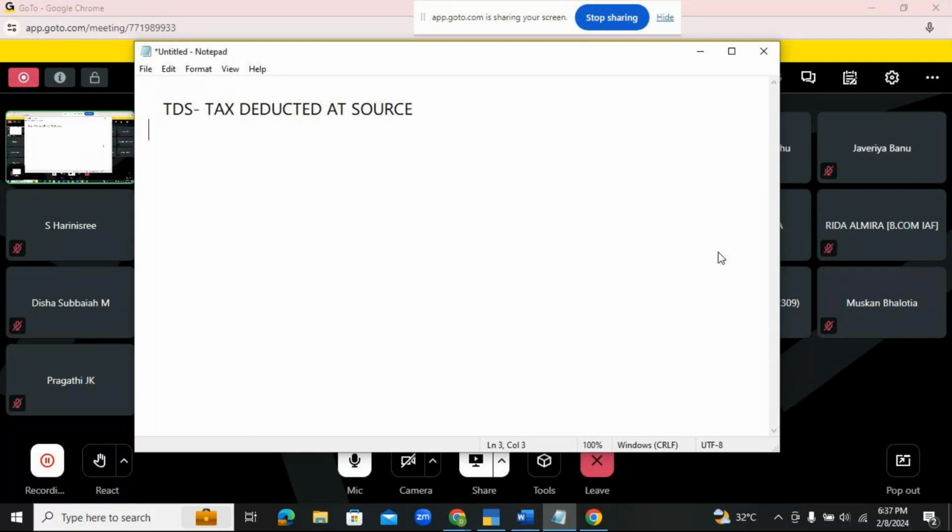TDS is what kind of a tax? It is a direct tax. Indirect tax is your GST. It is a direct tax. Okay, and